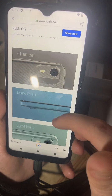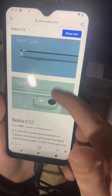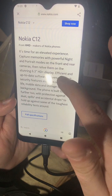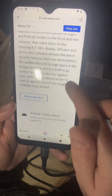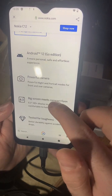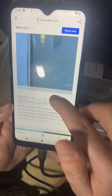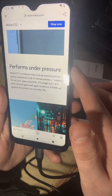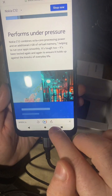So there we go. We've got charcoal colour, dark cyan, light. This is the charcoal. So this is the charcoal colour. You can get them in two other colours. The 6.3 HD plus display, Android 12. We're going to check the camera out in just a minute. It's got Face ID, but it doesn't have fingerprint unlock. You've also got here the assistant, so we can actually press play and it will